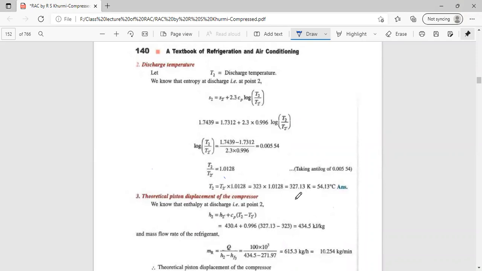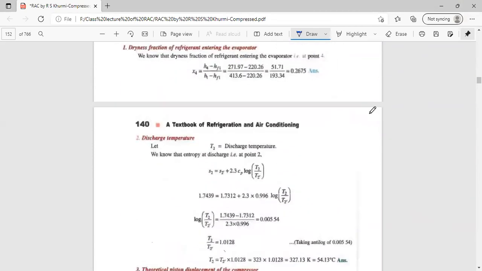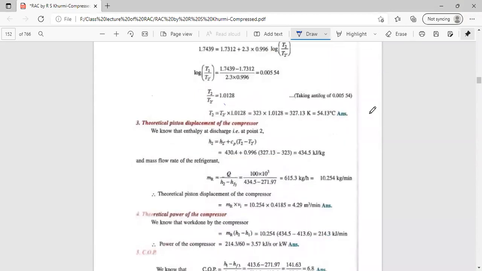Next portion is what is the theoretical piston displacement of the compressor itself? That is 3, theoretical piston displacement of the compressor. So here we have to find out the volume that is being used in the compressor. The enthalpy at discharge at point 2, H2, is given as H2 dash plus Cp times (T2 dash minus T2). Both T2 and T2 dash we have calculated just now. Cp is known. So H2, the enthalpy at the end of compression, is given by